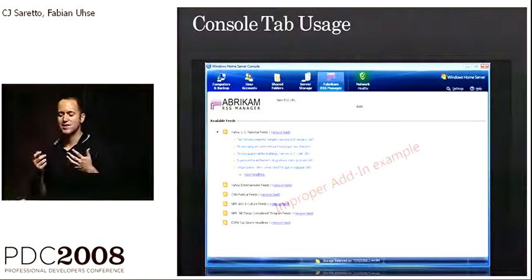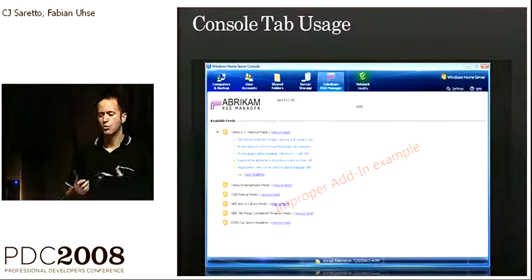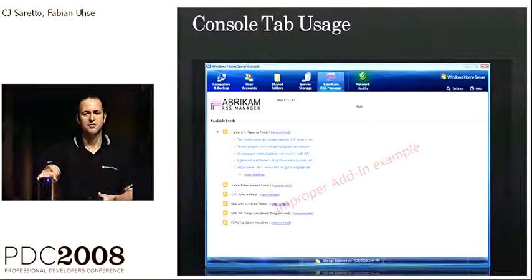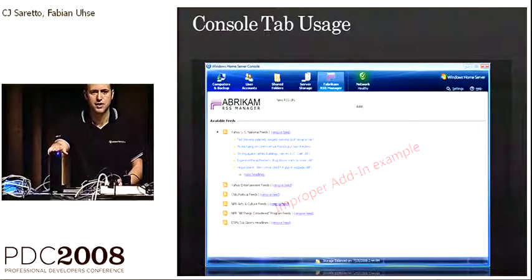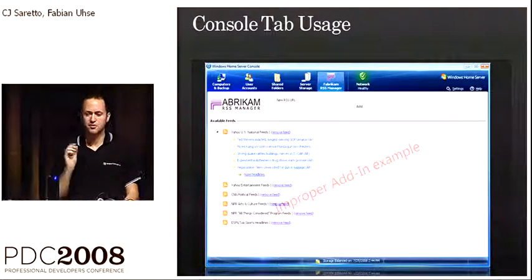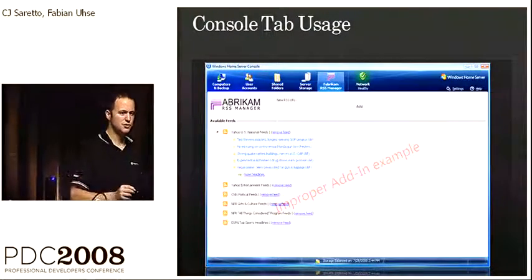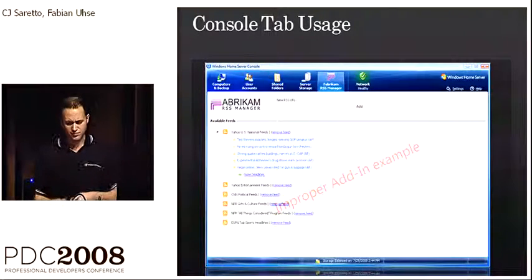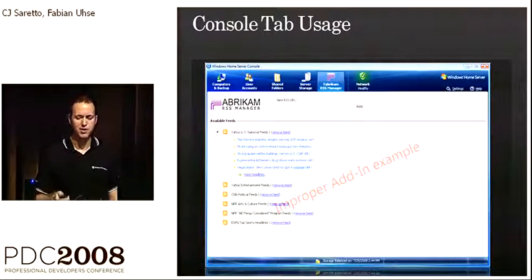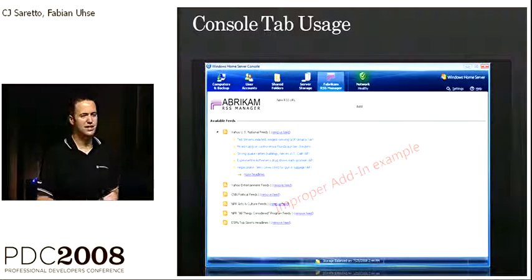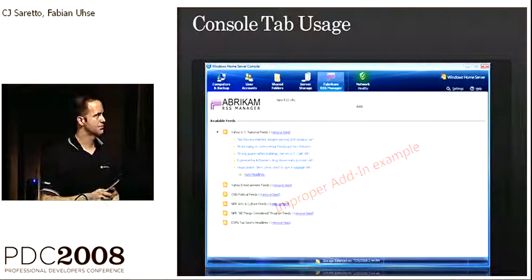Home server has a set and forget simplicity. We want the administrator to never have to think about this box, right? If they're visiting the console, they're configuring something about their home server, their home network, and that means that should be an extremely rare operation. We don't want to encourage users to actually use the home server console to actually reach applications.